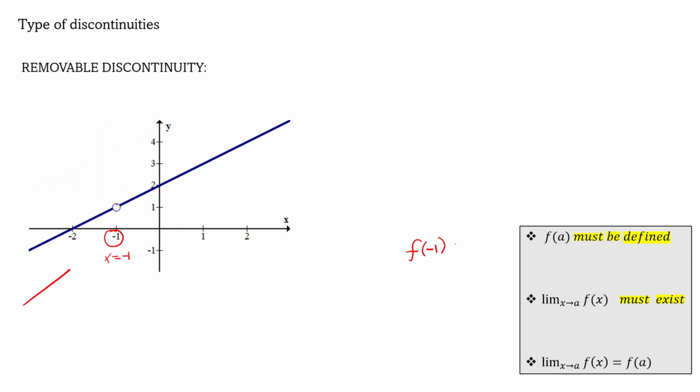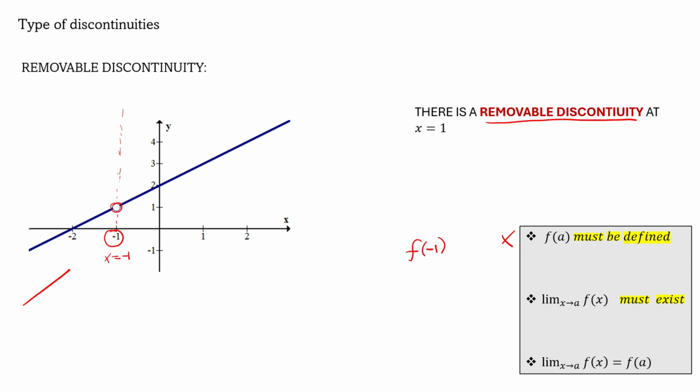You can see that here there's an open circle. There's no shaded circle here when x equals -1. Even if you trace it all the way up, there's no function value, there's no y value. This open circle tells you that there's no y value. So f at -1 is not defined. The first condition is not met. So that's a discontinuity. We say this is known as a removable discontinuity at x equals -1.